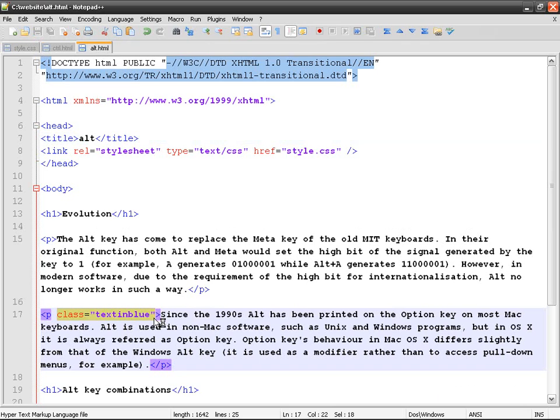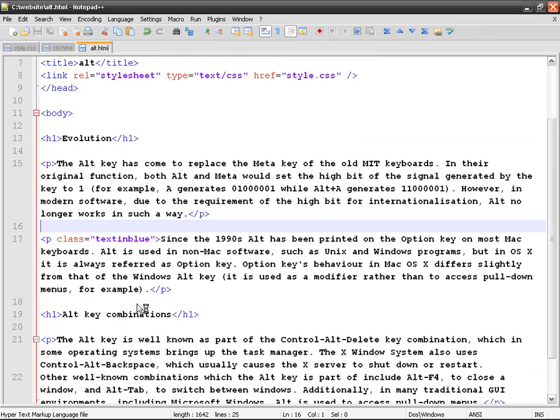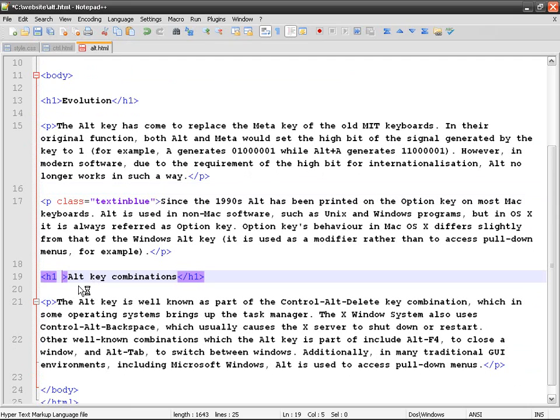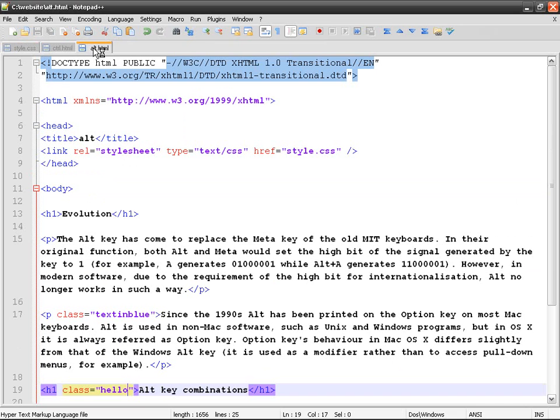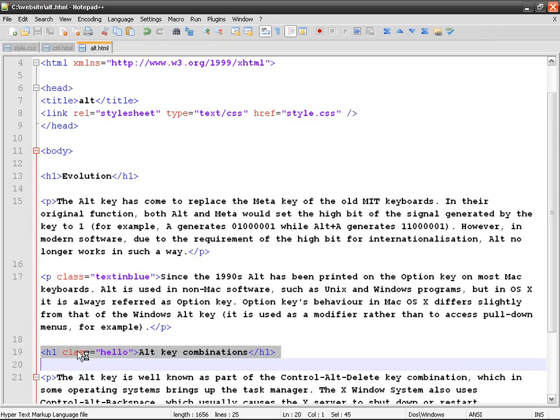decentralized method. So you can imagine that you can use the class attribute for any given HTML tag, h1 class hello. So you've got the h1 evolution and then h1 class hello. So I can go back to my style. Do not forget that when you have an h1 without a class, or classless, and then you've got an h1 with one class, with a certain class,